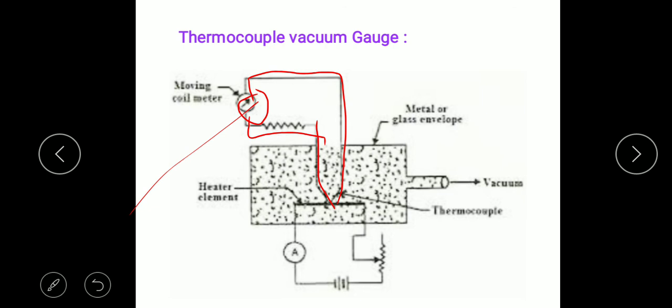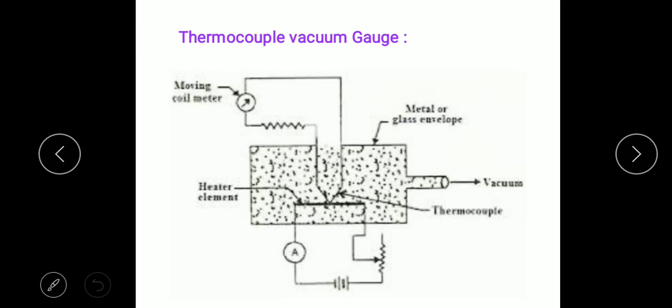And this is the simple way. Through that voltage reading, we will be able to calculate the pressure present in the gas chamber. Okay, this is the simple construct. Again I repeat the whole working of this device.